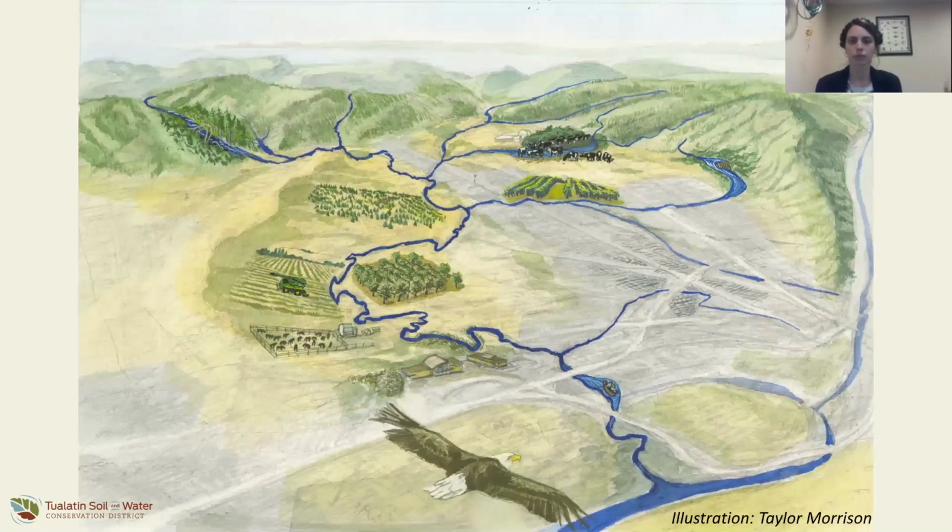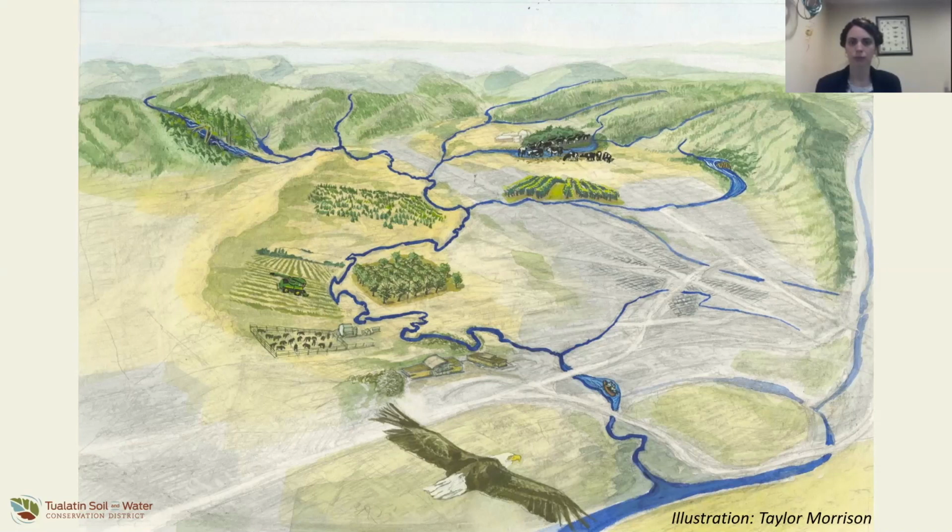Now, here's another illustration of what our service area and what our watershed looks like. The Tualatin River watershed only has a single river that flows through it. That's going to be the Tualatin River. Now, the Tualatin River flows out of the Coast Range in the west. To the north, we're bordered by the Tualatin Mountains to the north and to the east. And then to the south, we're bordered by the Chehalem Mountains.